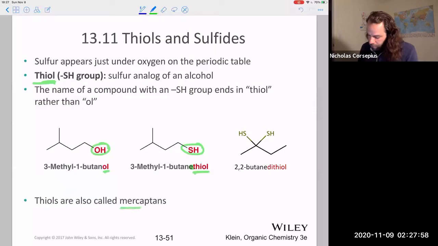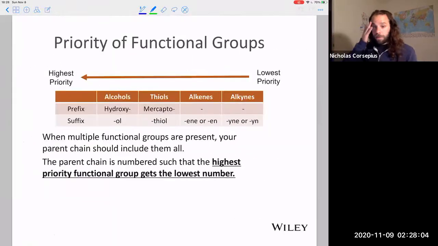And then thiols are also called mercaptans. Let's see how this plays into our nomenclature. Now we've got to go back to this priority table that we introduced first in the last chapter. So again, this has to do with every functional group. Organic chemists around the world got together and ranked each functional group in terms of priority. And when you have multiple functional groups in your molecule, you want to create your parent chain such that it includes them all. Where priority comes in is this idea that the highest priority functional group is going to